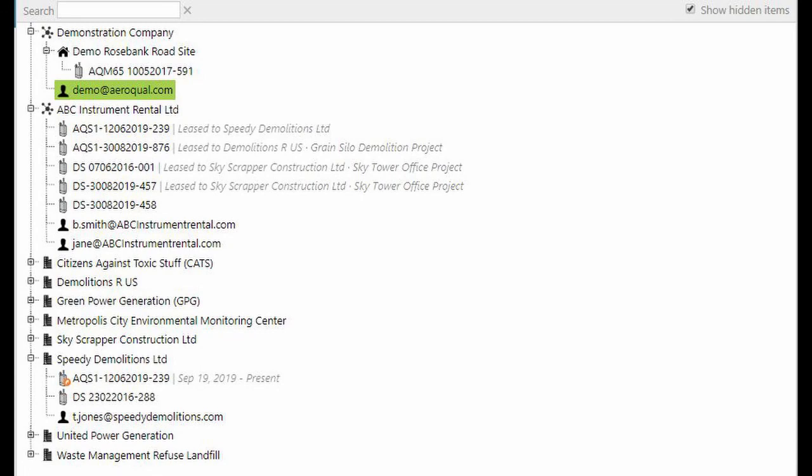So we're going to take a look now at the lease feature, which is available through the administration app in Cloud. You must be a distributor administrator in order to use this particular feature. What the feature allows you to do is to temporarily lease out an instrument in your inventory to a customer for a period of time, and then have that instrument returned back to you to be leased out to a